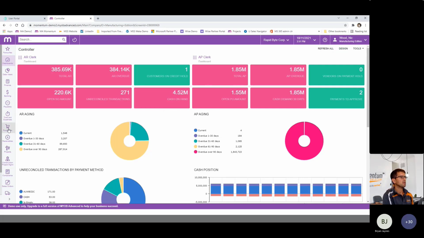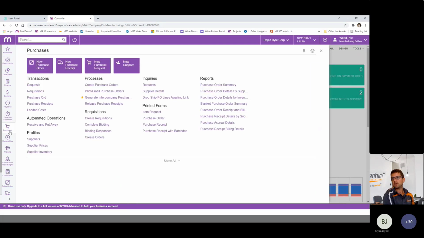And finally, one of the features I want to cover off with this version is the intercompany sales orders and purchase orders. Within Advanced, there's always been intercompany GL transactions, allowing you to transact between related companies within the same tenant. However, now, if you've got two companies that transact with each other held within the same Advanced tenant, we can have a sales order in a sales company automatically create a relating purchase order within the corresponding wholesale company.